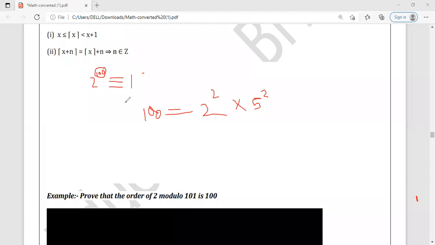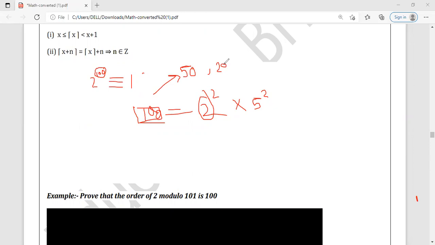Yes. Now the step to be proven. Note this step. Whenever you need to prove something like this, you have to apply this step. What is the step? Divide the number in the left hand side by its prime factors. So 100 by 2 is 50, and 100 by 5 is nothing but 20.